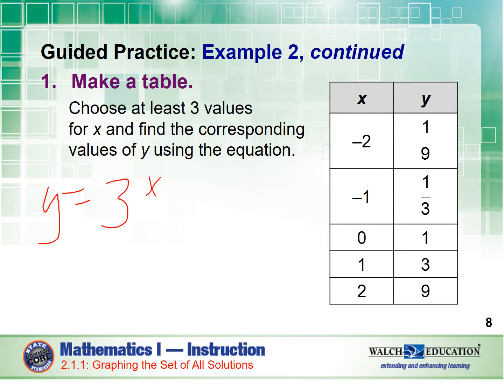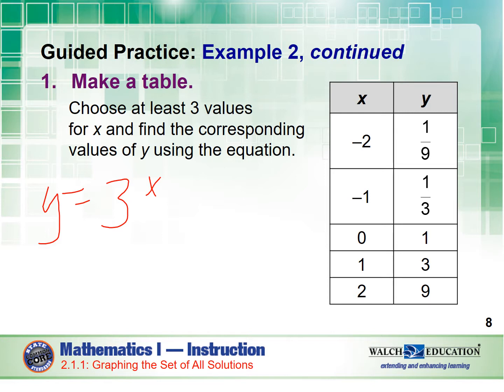All right, so you make a table and you choose at least 3 values for x, and then you find the corresponding values of y by plugging into this equation. And so the values that I always like to use range from -2 to 2. And the reason for that is because it gives you a wide variety of numbers. So if x is -2,